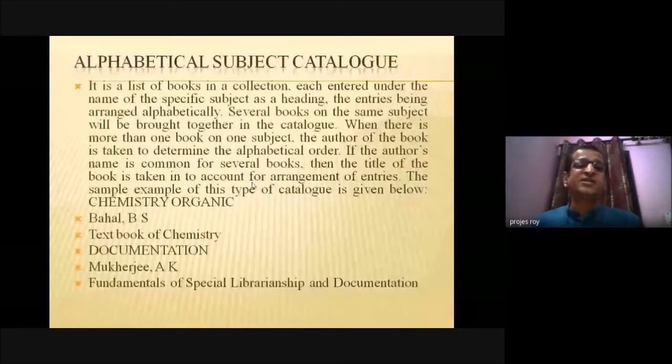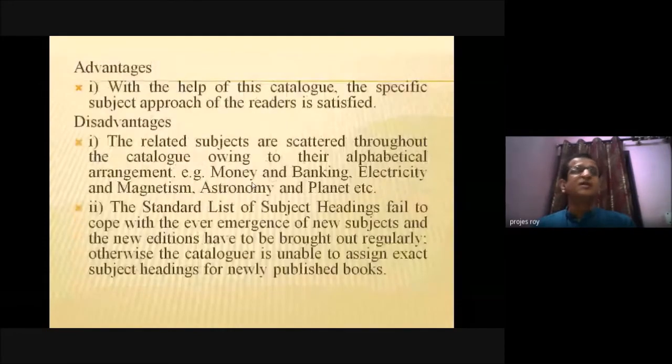What are the advantages of that? With the help of this catalog, the specific subject approach of a reader is satisfied. What are the disadvantages? The related subjects are scattered throughout the catalog, owing to their alphabetical arrangement. That is money and banking, electricity and magnetism, astronomy and planet. These are the